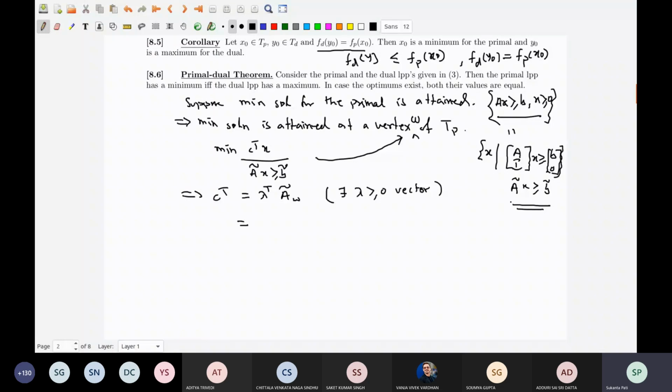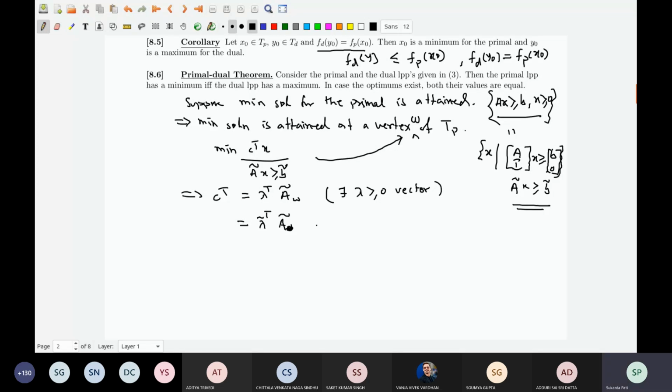So what you do, you extend lambda by putting some extra 0 entries to get lambda tilde, and you just keep it not w, but take the whole matrix. So extend this to lambda tilde. Okay, that is fine. And then you take the whole matrix here, put the additional entries. Okay, but then this is equal to